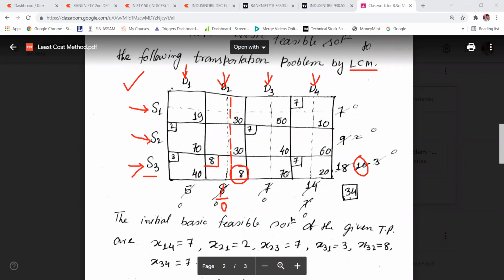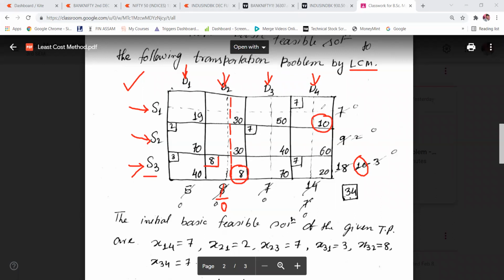Out of this, if you check, there are 10, 20, 70, 40, 19, 17, 40. So the next least transportation cost is 10. That means you need to make an allocation here. How will you make the allocation? We'll follow the same process.